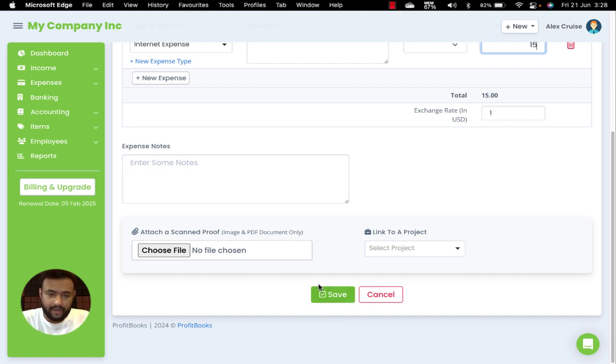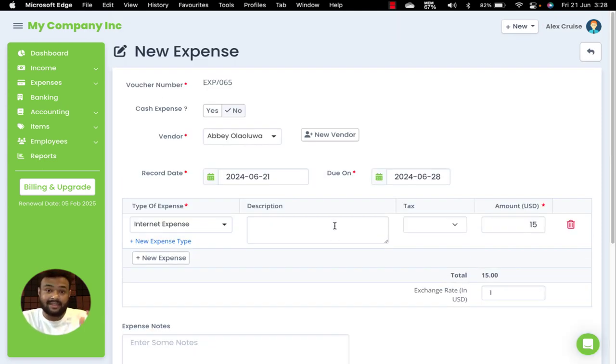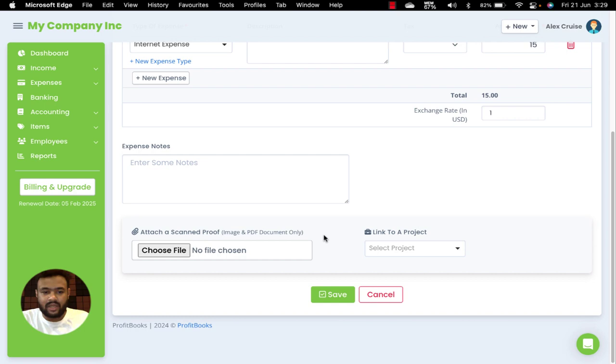And then what I can also do is I can enter some notes. So if you want to give some narration regarding how you incurred this expense, or you can also give some scan proof right here. So if there is an image or PDF document that you want to mention, you know, this is what this expense is related with, then you can add it at the bottom right here. Now here as well, once I save it,